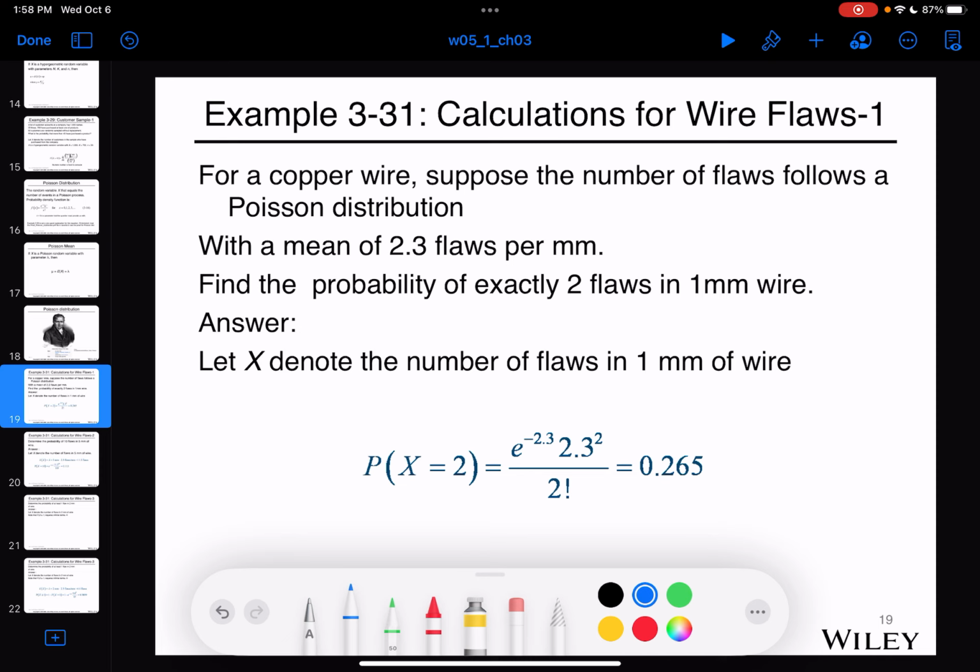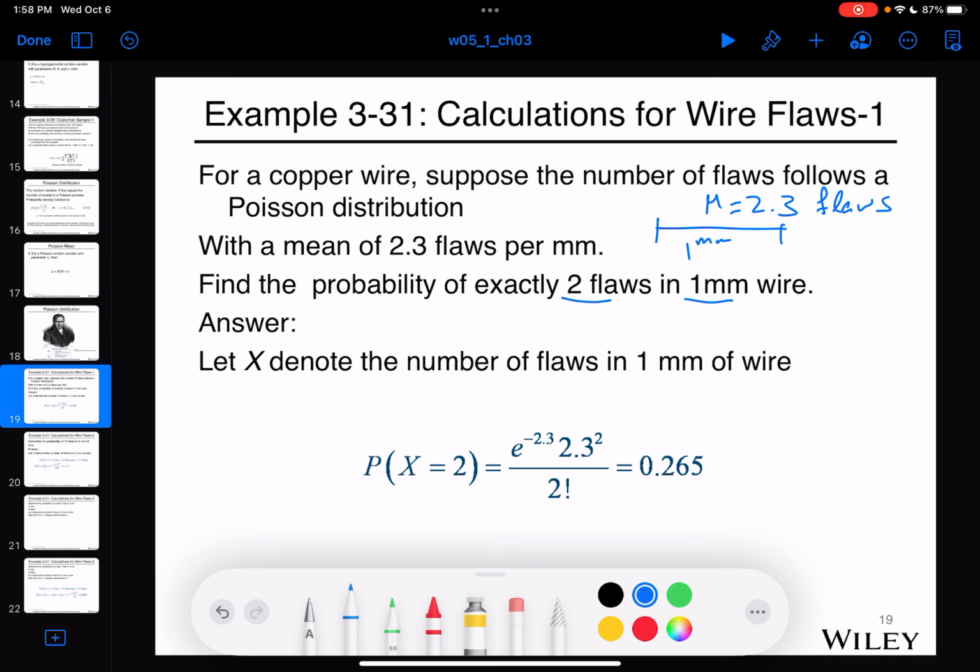All right, so let's look at an example. We have a copper wire, and the number of flaws follows a Poisson distribution with a mean of 2.3 flaws per millimeter, right? So if we look at 1 millimeter of this copper wire, we expect there to be 2.3 flaws. Find the probability that we have 2 flaws in 1 millimeter,